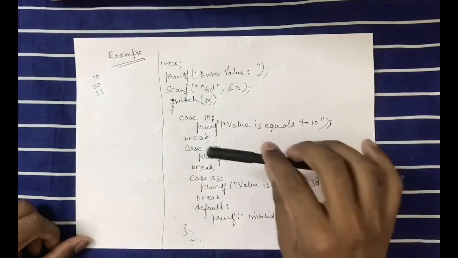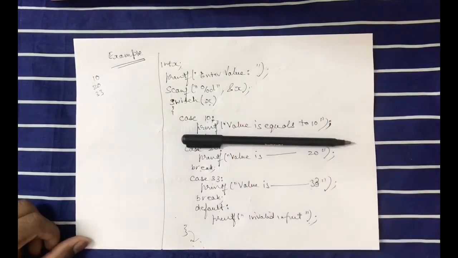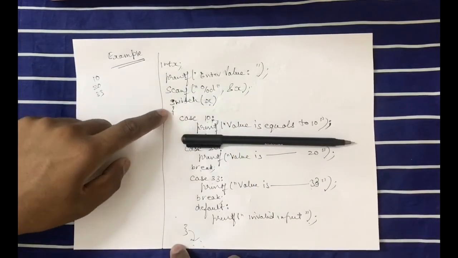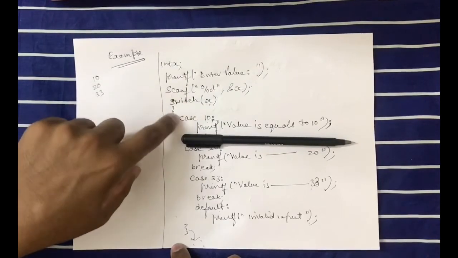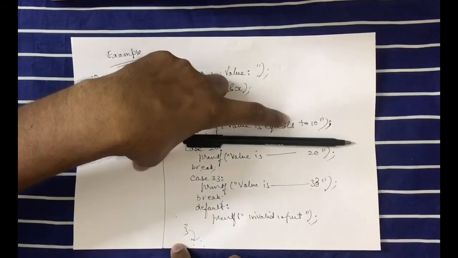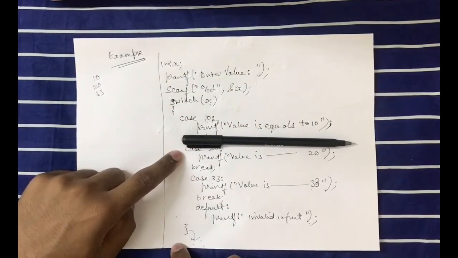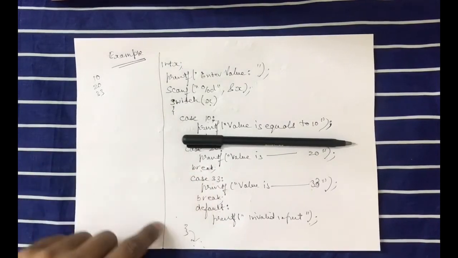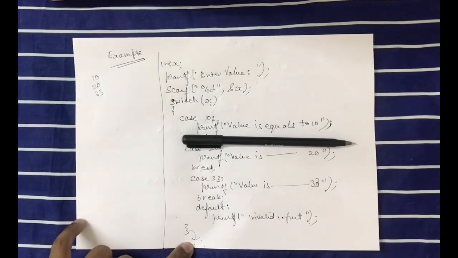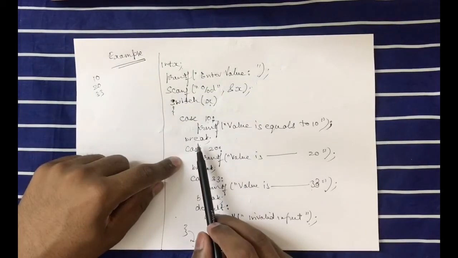Say if I don't write the break command over here, what would happen? Say if user gives 10 over here, it comes to switch and then it passes to case 10. This block would be executed. Now break is not present, so it would execute case number 20 and then it would execute this statement also, break. Now this break would bring the execution to end. So without break, it goes further. For that purpose, we place break at the end of the case.